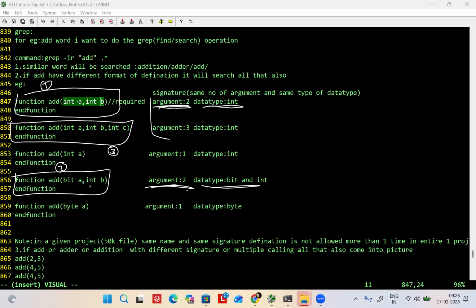Here, data type is the same, but argument is different. So if you say argument, that won't go well. So argument and data type put together is called what? Signature. Same name, same signature.